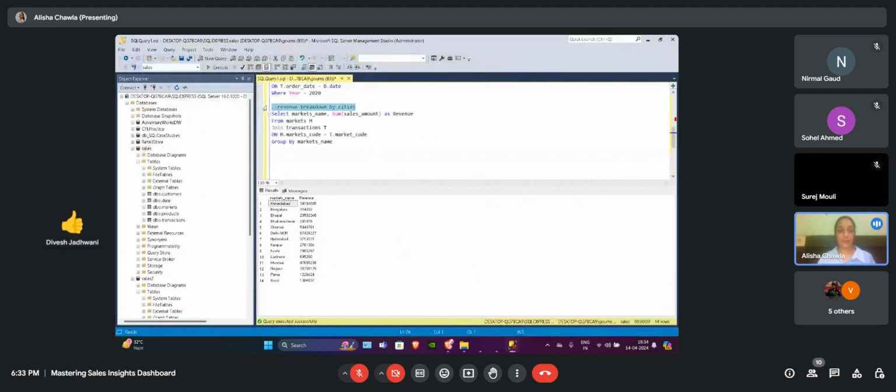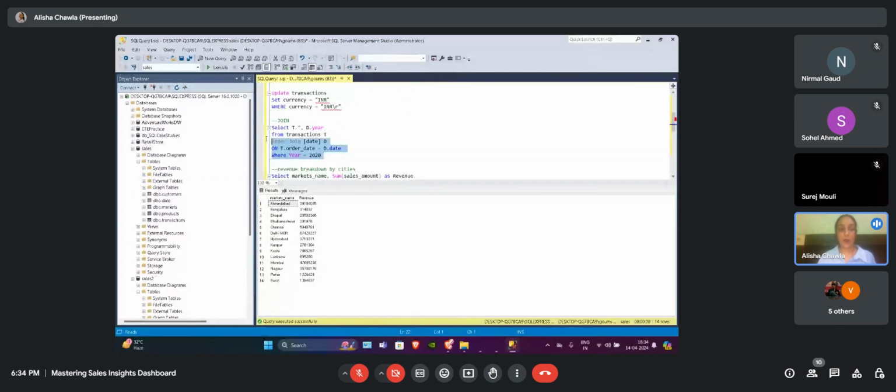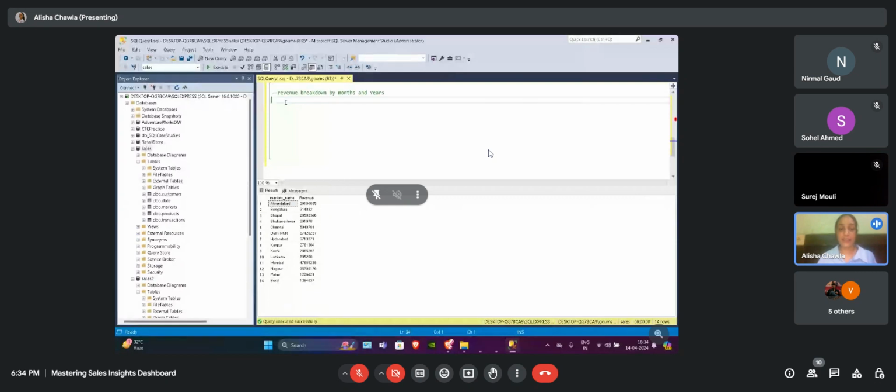Next, we have revenue breakdown by months and years. Again, revenue is in our transactions table, months and year are in our date table. But an alternative we can use is, this was an example to show you how we join two tables, but we can extract month and year from a single order date also.